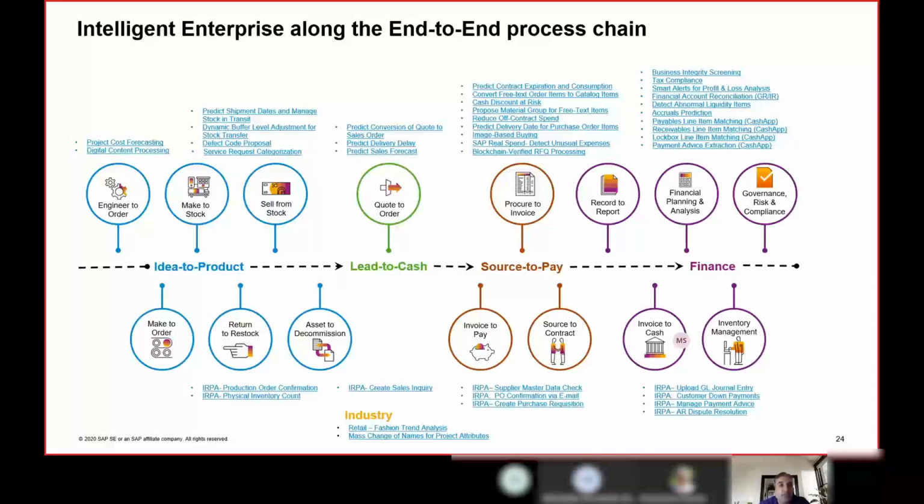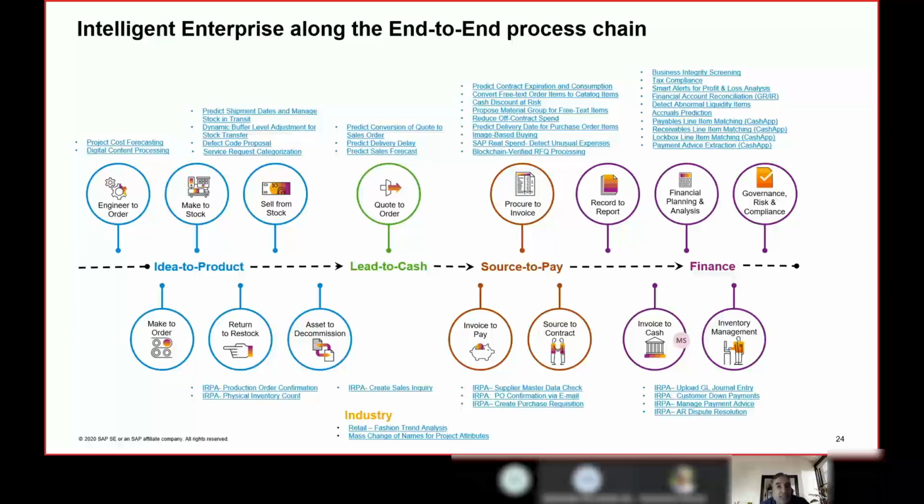So as we understood, the intelligent enterprise, we are trying to make the business scenarios across all LOBs much more efficient. From an end-to-end intelligent enterprise point of view, we are trying to deliver these intelligent scenarios, be it idea to product, lead to cash, source to pay, or finance. You can see all those business scenarios have been enhanced and are being continuously enhanced in subsequent releases.